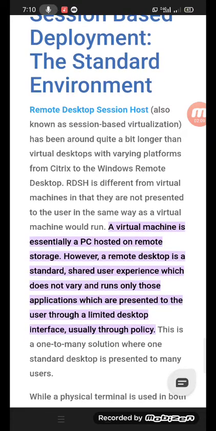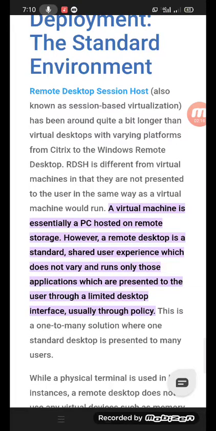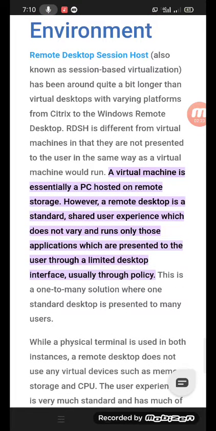Citrix. The Windows Remote Desktop RDSH is different from a virtual machine in that it is not presented to the user in the same way as a virtual machine would run. A virtual machine is essentially a PC hosted on a remote storage. However, a remote desktop is a standard shared user environment with applications which are presented to the user,